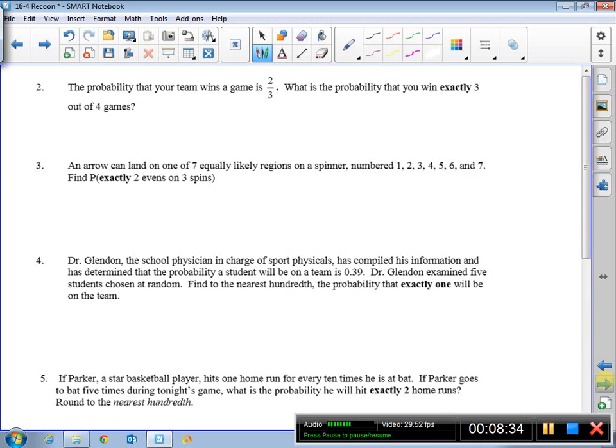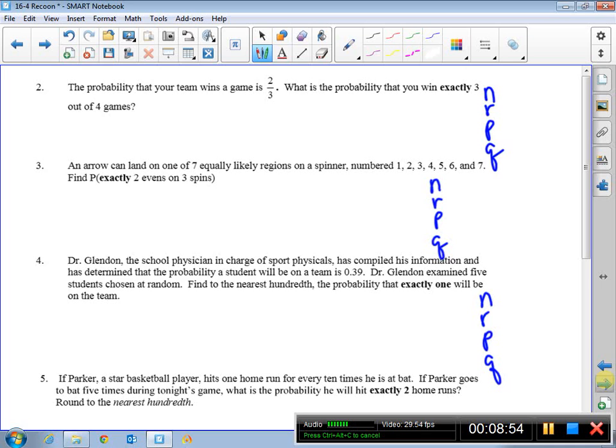But what we want to be good at, really good at, every time you see one of these, I want you to do N, R, P, and Q right away. Pick out the important parts, N, R, P, and Q. And then we're going to put those into the formulas. So number 2,